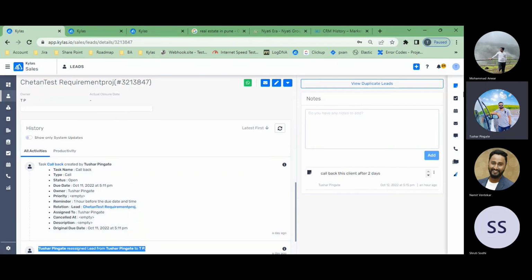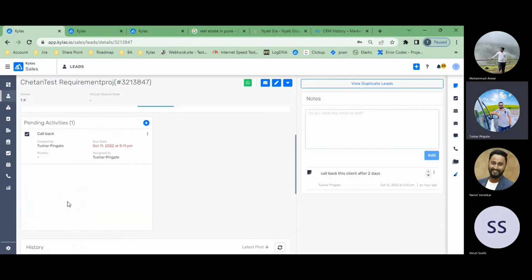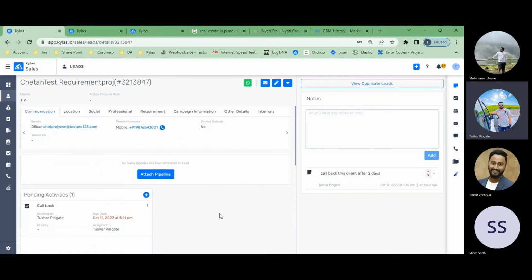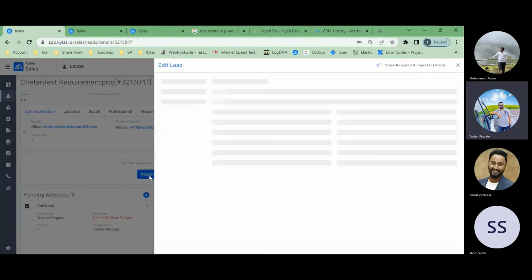If, let's say, I or any of the owners have created a task on this record, you will see the task name created and the creator name. Okay, and what was the property while creating the task, you will see over here. So let me show you a live example. Let's say there is no pipeline attached to this lead. If I attach a pipeline